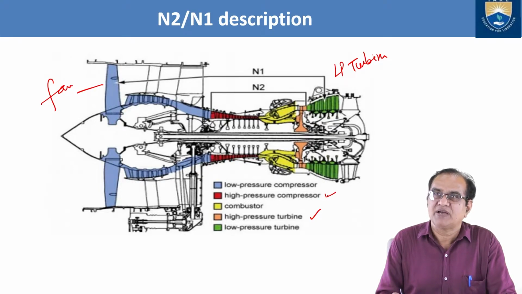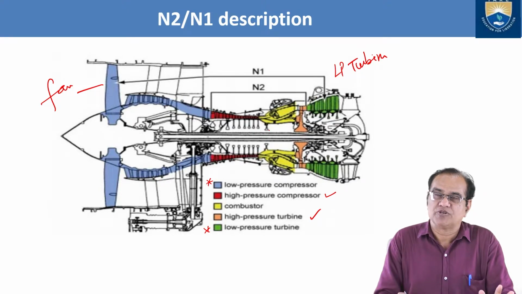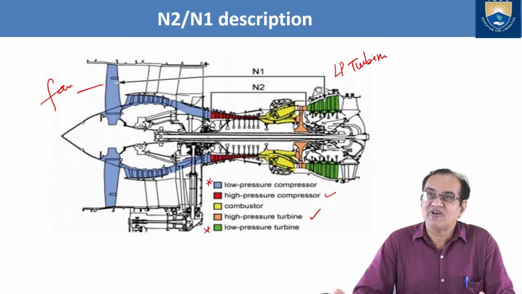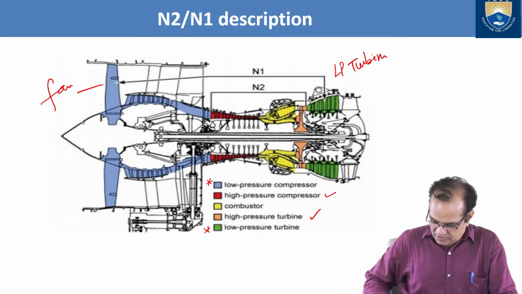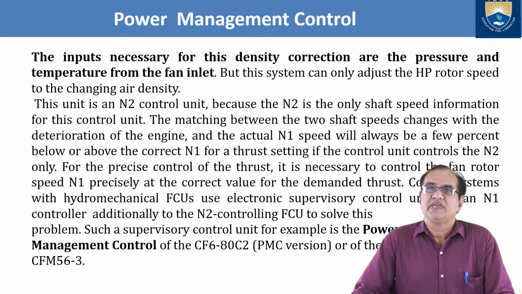I am making this double one tick. This blue color, I am making a star like this. This is N1, and these tick marks are the N2 zone. So we have to understand what N1 speed is and what N2 speed is. N1 basically relates to the low pressure zone of the system, and N2 is the high pressure zone of the system. So for power management control, the inputs necessary for this density correction are the pressure and the temperature from the